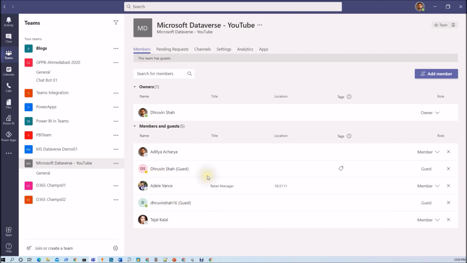So we talked about two different types of guest user, one with the business user and the second one is Gmail or Outlook user. For Gmail and Outlook, the Power Apps will not work. For other guest users, Power Apps will absolutely work over there. So this is all about the external user access for Power Apps from Dataverse in Teams.